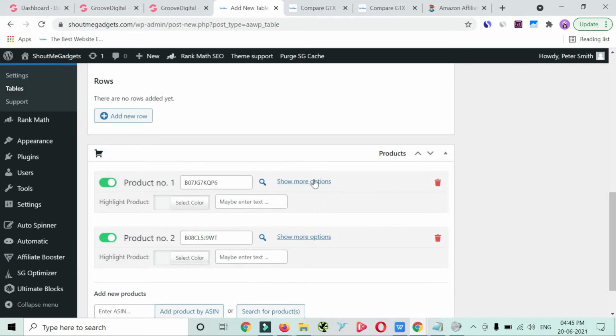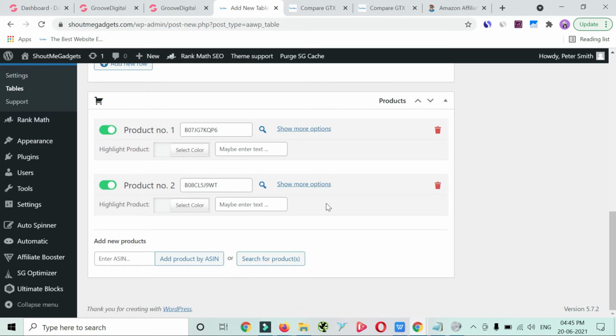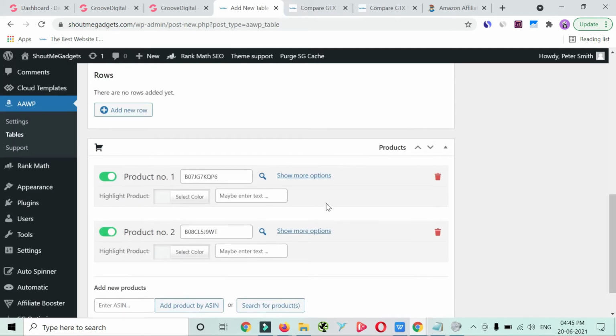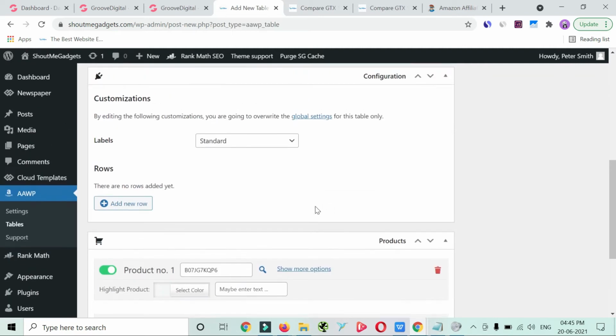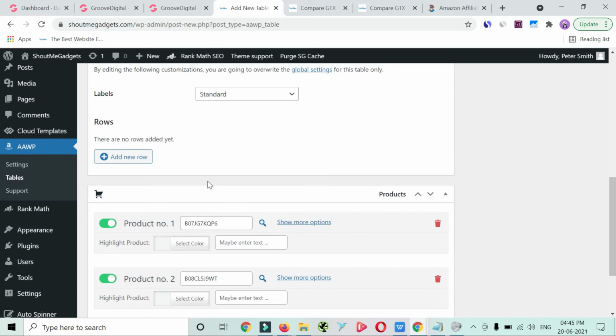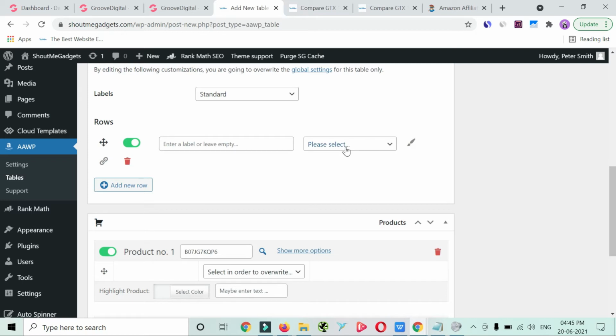Now if you want to highlight a particular product, or recommend a product to your users based on the verification or troubleshooting that you have done for the product during the review process, you can highlight that as well, but I'm going to tell you in a later stage. Let's start with the values part.